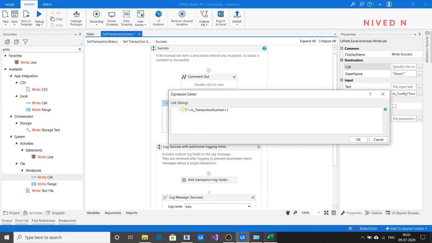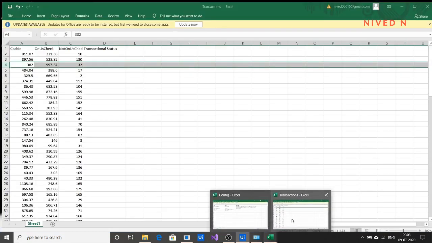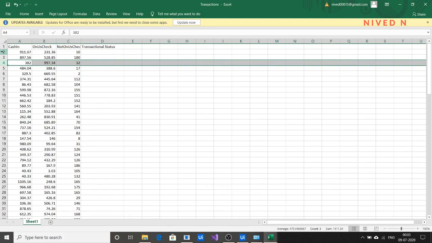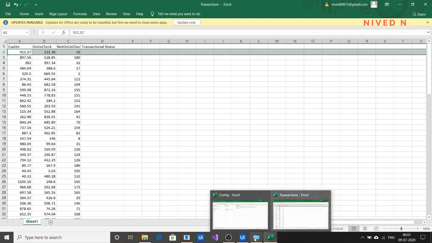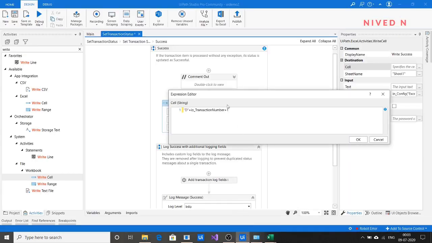Why did I tell you that? Because when our transaction number is 1, if you provide, let's say, D1, it will write in there. But we know that when the transaction is first, we want to write in cell D2. So if the transaction number is 1, you can see here that it should write into D2. If the transaction number is 2, it writes into D3.